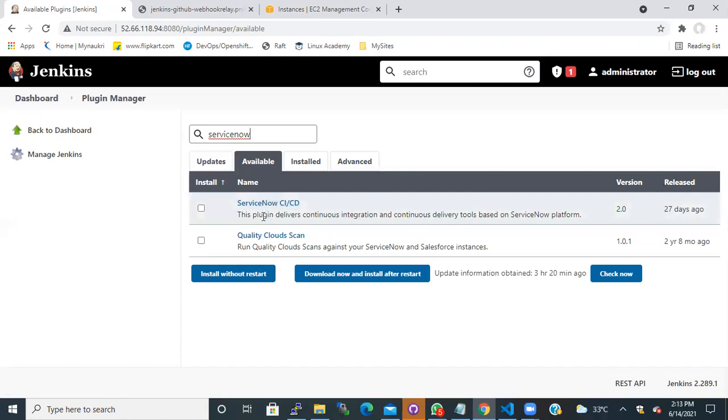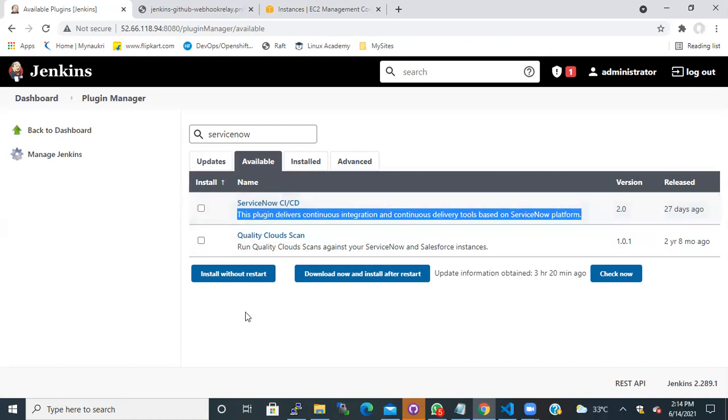So it depends on what kind of jobs and pipelines you are running, and what tools you are using to run this Jenkins job, and those respective plugins should be installed on this Jenkins server.